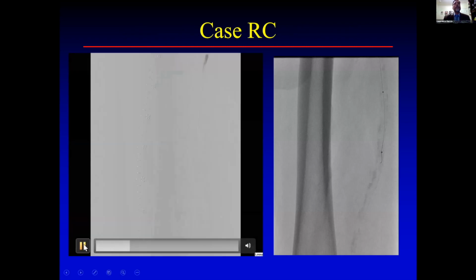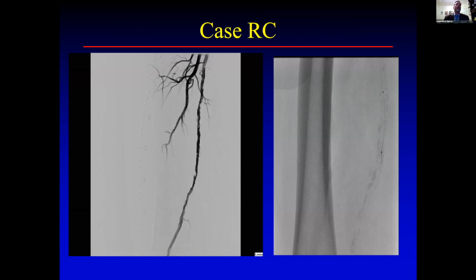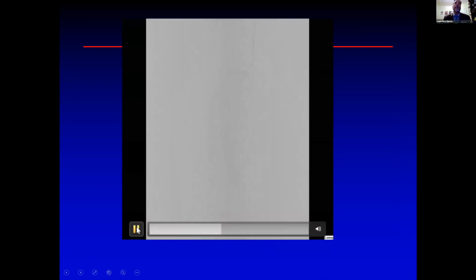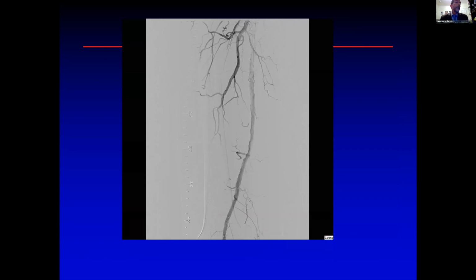Both of these were enrolled in REALITY, and I just want to show you a tale of two cases. This is a fairly calcified artery. It was a short little CTO here. This is after we had crossed, and you can see the extent of calcification there. With good, meticulous use of atherectomy followed by drug-coated balloon, you can get a very pleasing angiographic result on a gentleman that was enrolled for